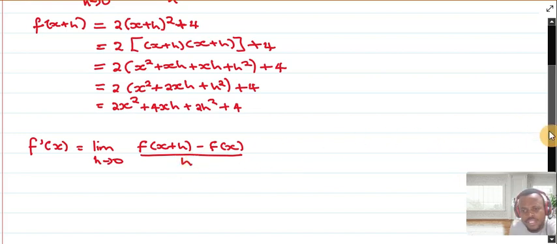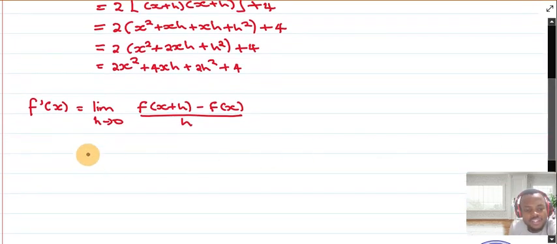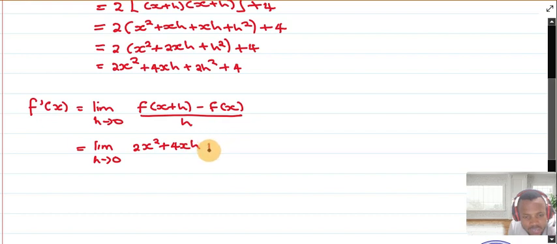Okay, now you know your f at x plus h. So meaning instead of f at x plus h, you will write this, which is 2x squared plus 4xh plus 2h squared plus 4